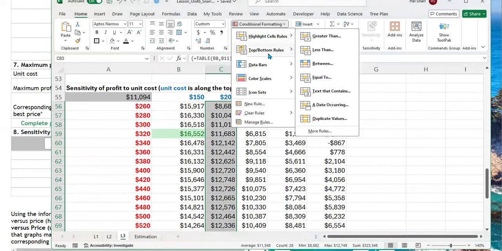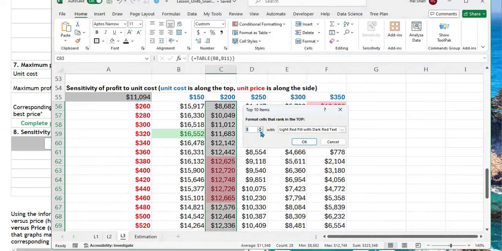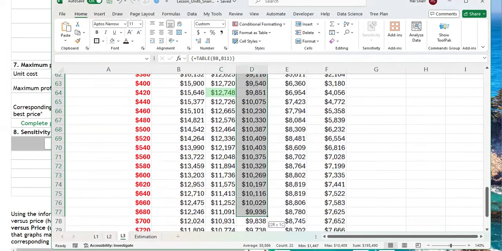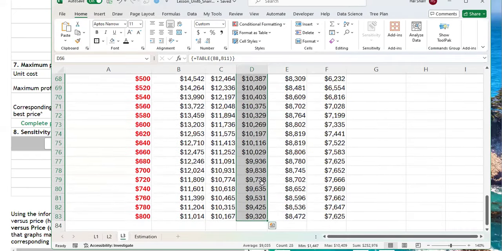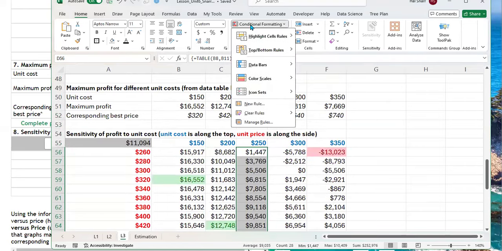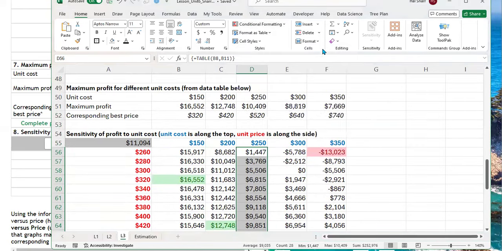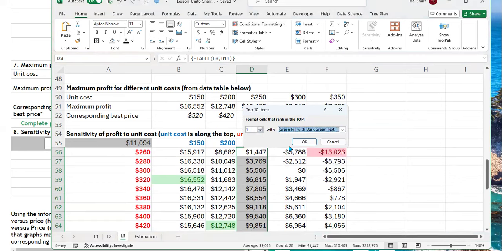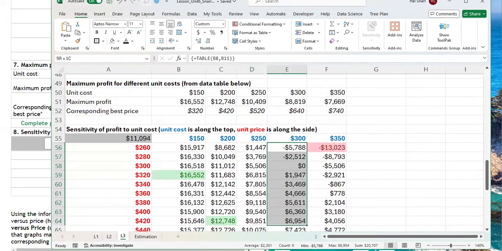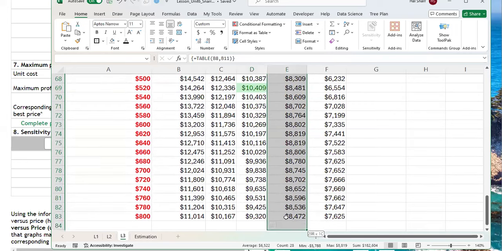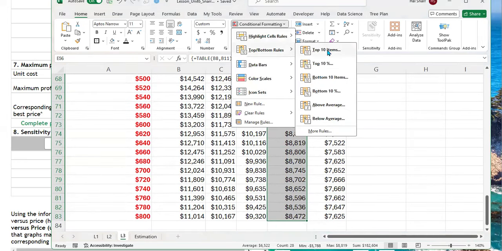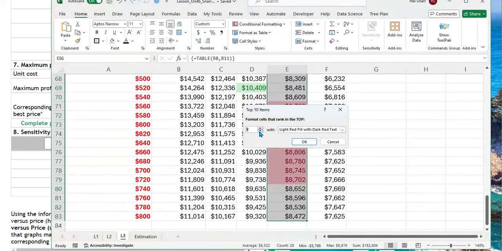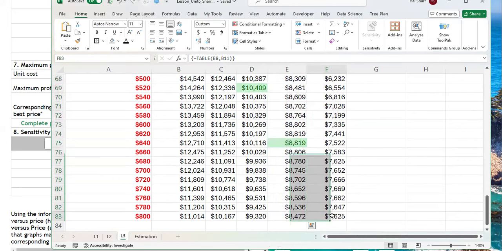Conditional formatting, top, bottom, green. And then the final column,